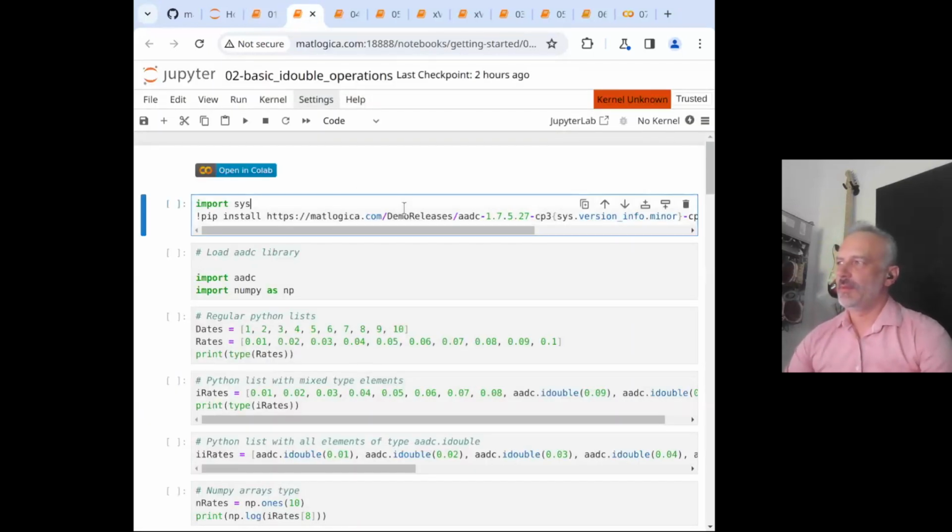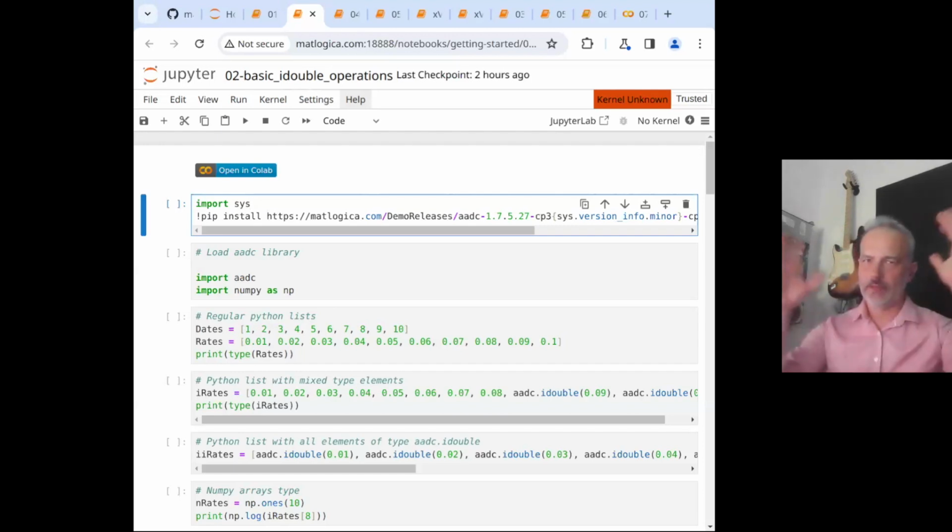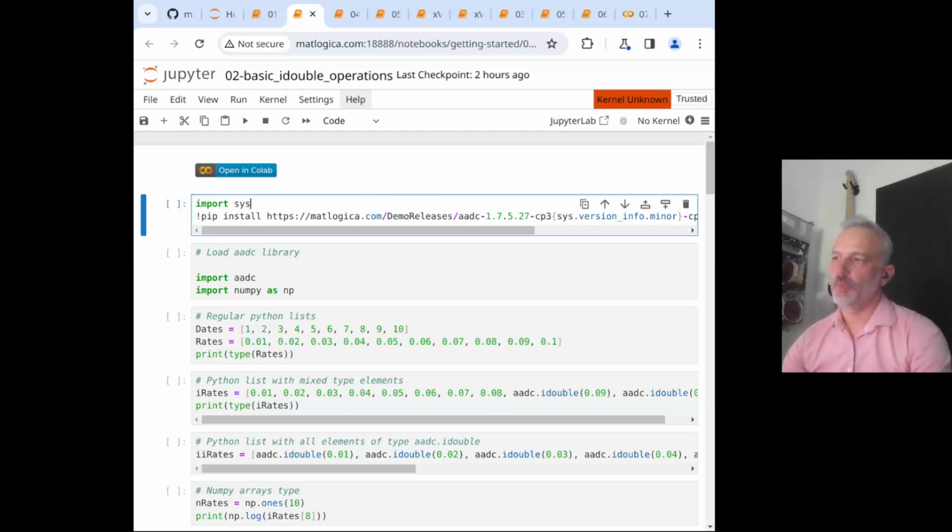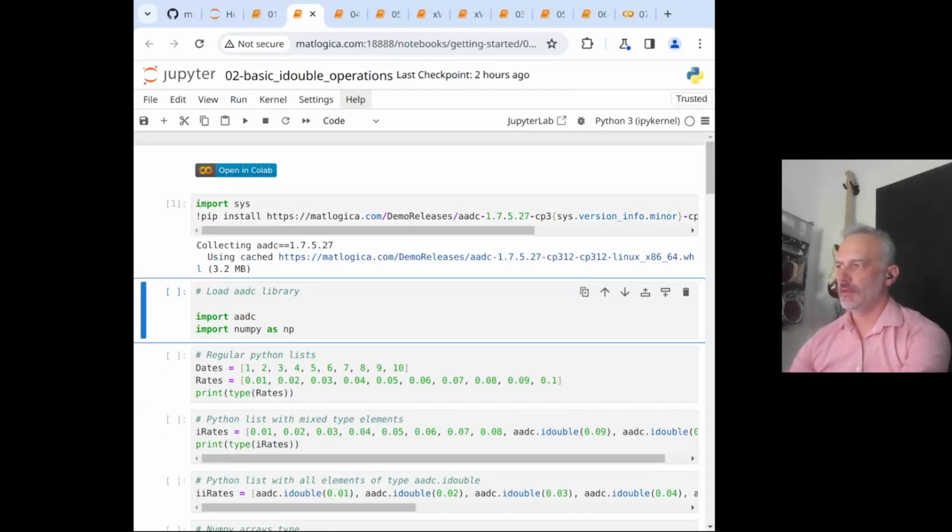Now I'm not going to dwell on the idouble class, the idouble object in Python space, but I do suggest you look at the second example we have available on GitHub. It's called basic idouble operations. It will tell you what you can and cannot do with idoubles, right? Essentially, when you're not in recording mode, when you're outside of collecting graph data, you can do with idouble everything you would do with a regular number. And you can see it in this example.